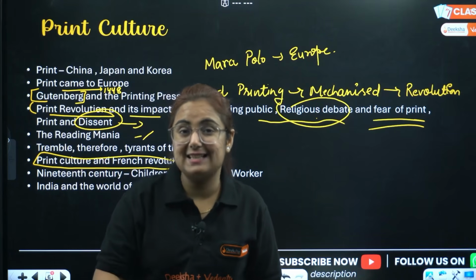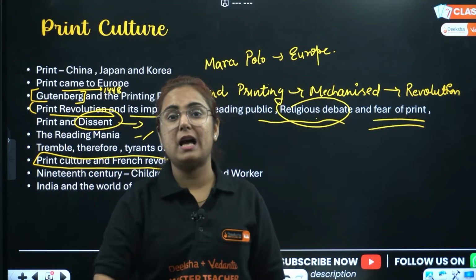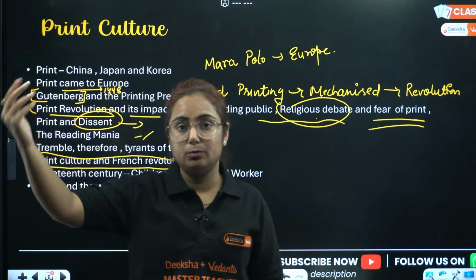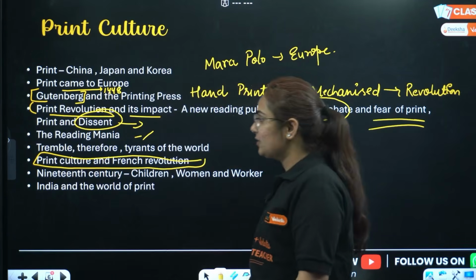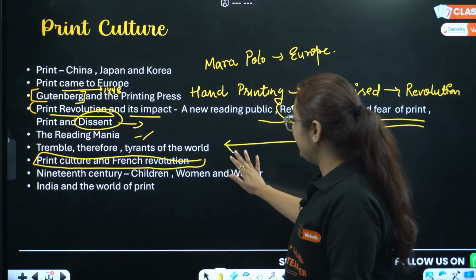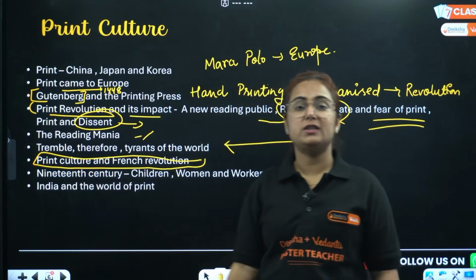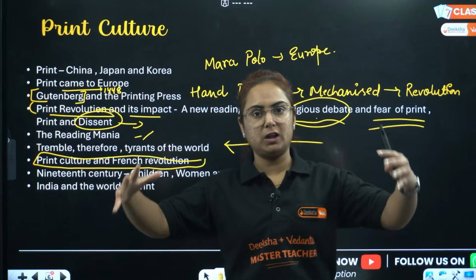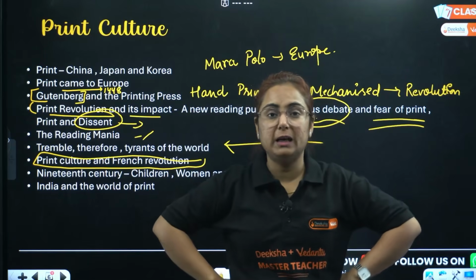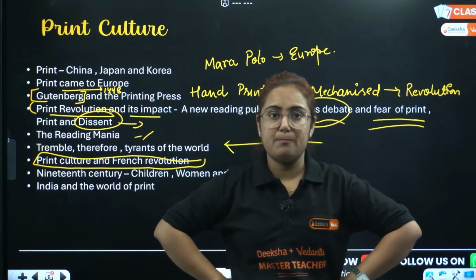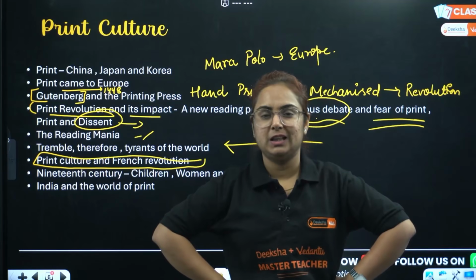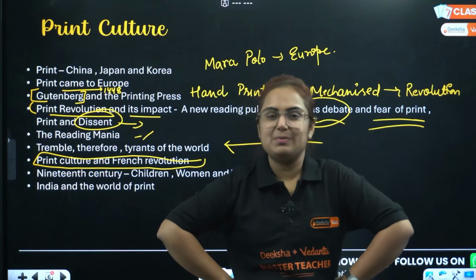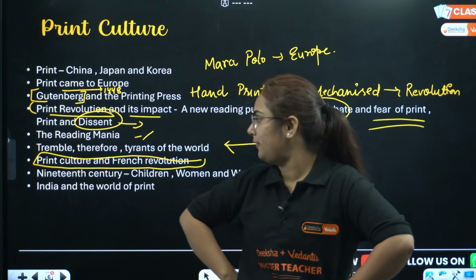Questioning, criticizing, what? Mocking the morality and that monarchical order going on in the state. Okay, getting my point, my dear student? And here comes a statement: "Tremble therefore, tyrants of the world." The tyrants, the despotic people who were ruling the world for a long time, now you need to tremble. That means you're going to be shaken. Who said this? Louis Sebastien Mercier. Very good.